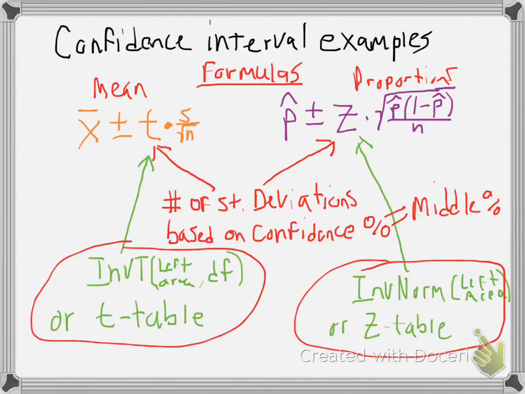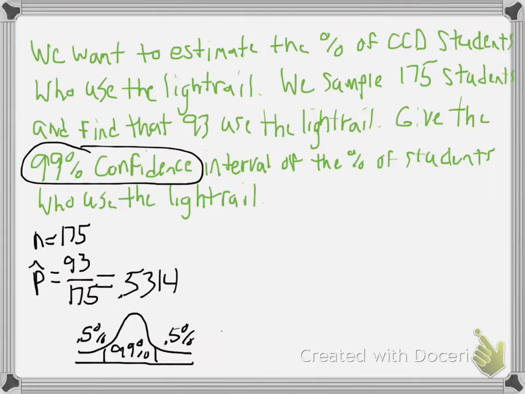Let's go back to the formula. If you notice the formula, I'm using proportions. I have a p hat, so that means I'm looking up a z. This formula tells me that. You're going to have this purple and orange formula on your formula sheet. Once you identify that you're doing a confidence interval, it's one of these two formulas. And since I've identified that I have a p hat, that means I'm looking up a z. So I'm using inverse norm